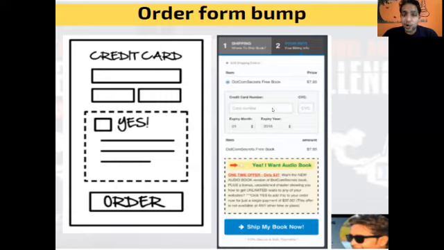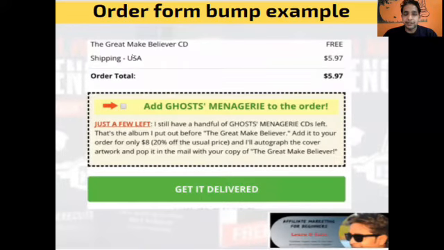The hardest part of the sale is your customer entering the credit card information. Once they have entered it, it is very easy for them to click on one button and order the same thing again. So that is the main reason it is just after the credit card information. Once they fill it in, they will see this product, they will see the offer, and they can buy it with just a click of a button, right? So you can see this is another example of an order form bump.